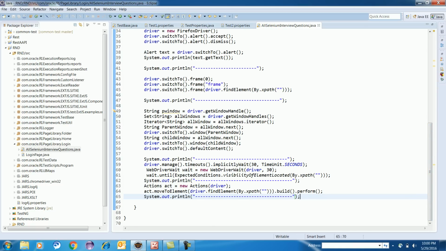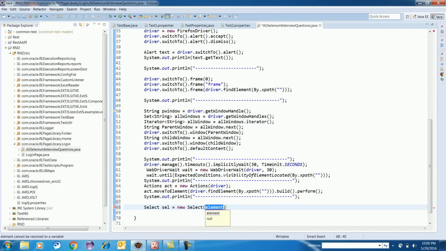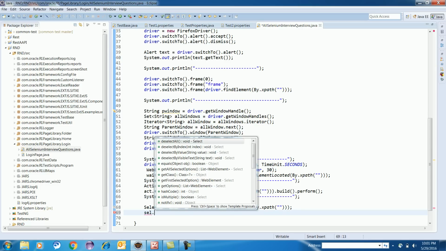Here you have to make the object of the Select class, and you have to supply the element, which is driver dot findElement by XPath, for which you are selecting the data. And then you write select dot, and you have three methods available.